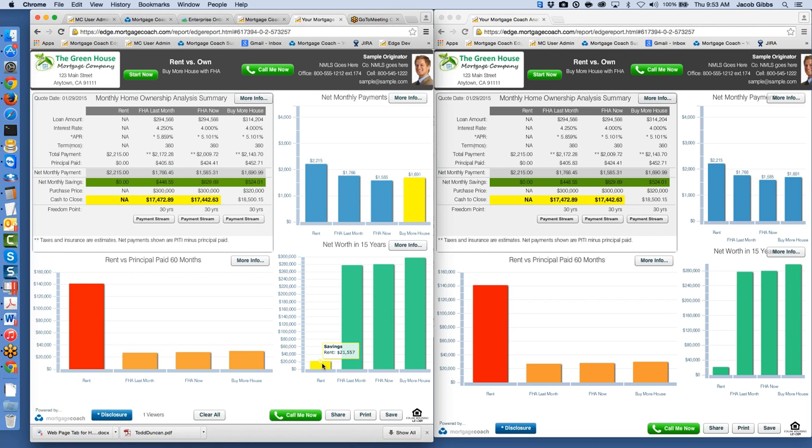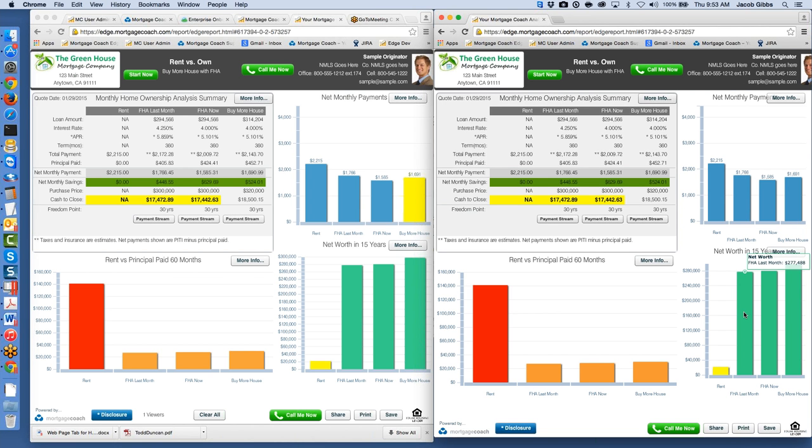And I would tell them, Mr. Borrower, on the rent side, if you choose not to purchase, you will have $21,500 in the bank instead of the $20,000 you have right now. And that's just the accrued growth based on the 0.5% interest over 15 years. And I would also tell them, Mr. Borrower, if you hover your mouse over the rent column, you'll actually see what that figure is. Then I would drive them into the new options. Try hovering your mouse over that second bar. You're going to see your net worth is